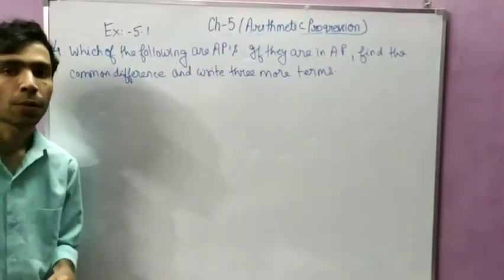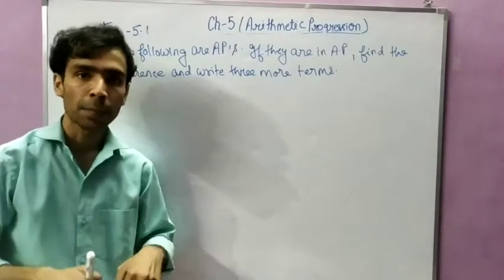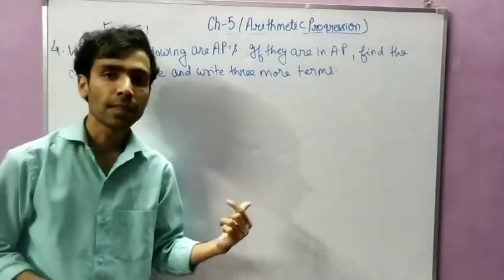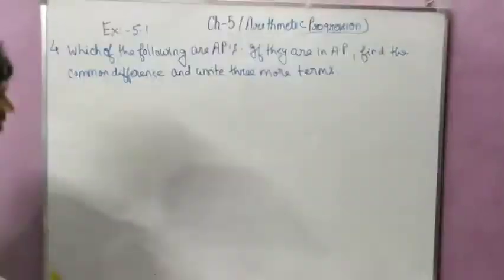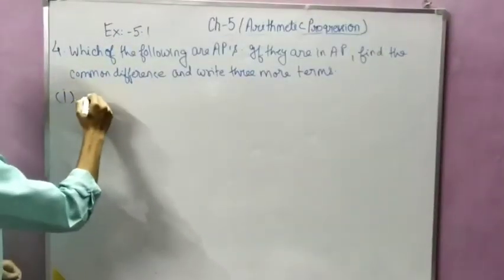So first you have to check which of the following are in AP. After that, if they are in AP, you have to find their common difference and the next 3 terms. So the first part is that 2,